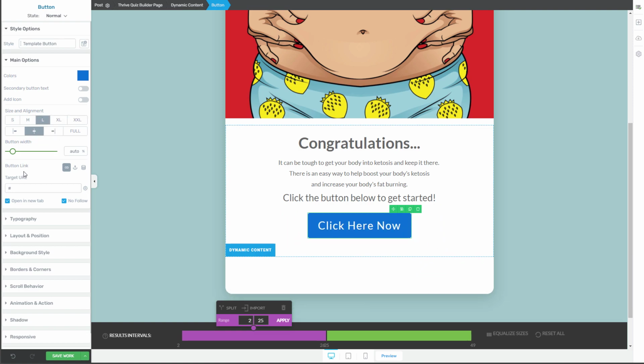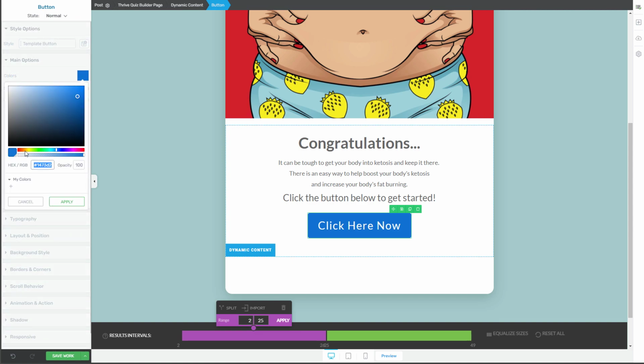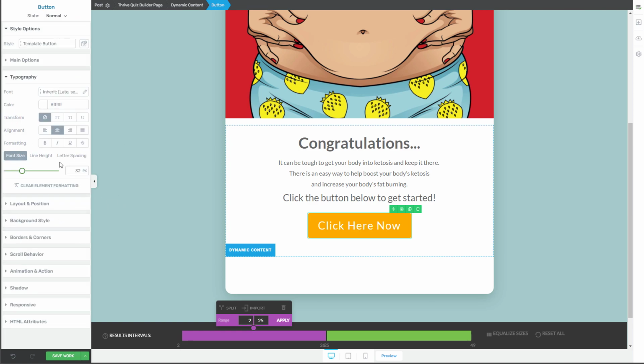I want to make sure it's centered. Button width, I'm going to leave auto. Color, I'm just going to change to some orange. That's fine. It's close enough. Apply. Typography, you want to change the font, it's up to you. The color, it's up to you. I'm going to bold it, and we are going to capitalize here. So we're going to transform and capitalize,